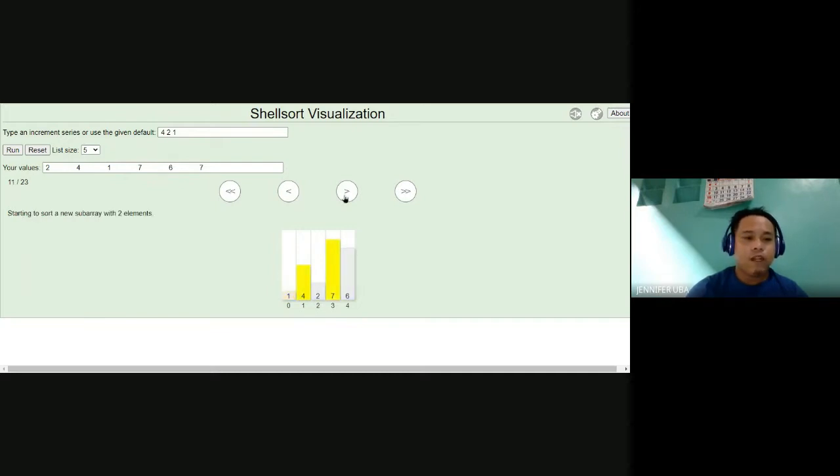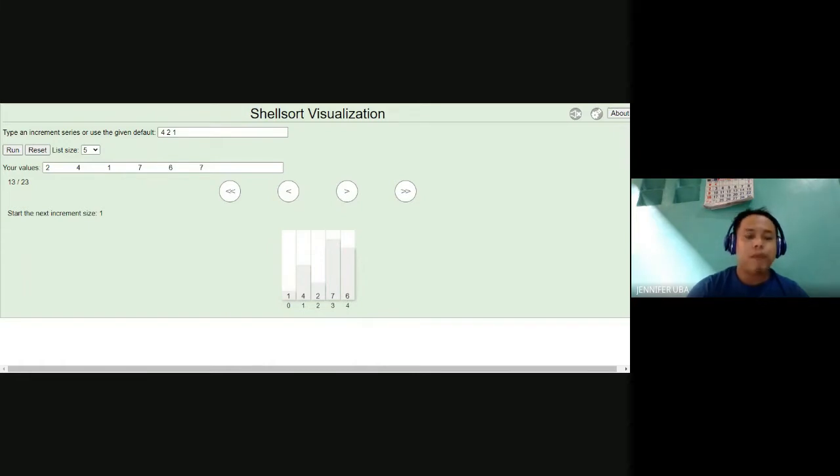So starting sort niyo sub-array na pod. So try na po niya with 2 elements. So i-sort na po niya si 4 o 7. So unsa man mas gamay sila si 4 o 7. So walay ma-change. So as is na sa default. So dinan na po sa size of increment size number is 1. So nganong 1 man. Ang iya pong gipili diri is magbalik na po siya sa eksaktong